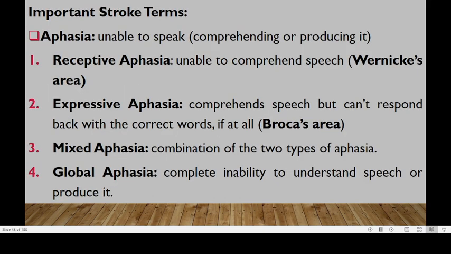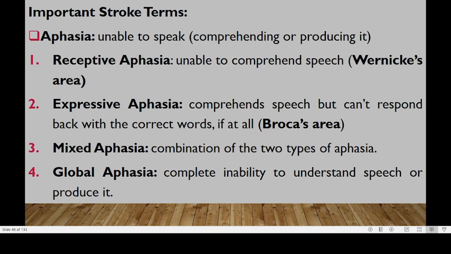All right. So we could have aphasia because of stroke. These are unable to speak, or they are not able to comprehend, so they are not producing it sometimes. Okay, we could have receptive aphasia. This is receptive aphasia. They are unable to comprehend the speech, and this could be a problem with the Wernicke's area. All right, or for this second part, the patient is able to comprehend